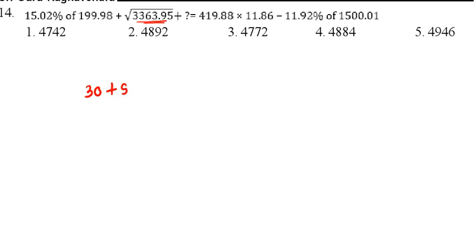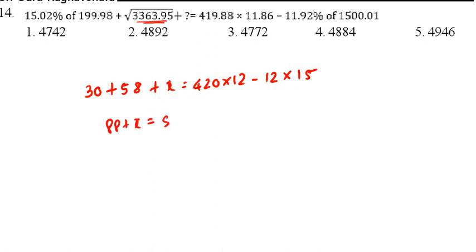Now, total girls passed. Out of 28.8, boys is to girls is 4 is to 5. We want girls, 5 by 9 into 28.8 by 36 into 100. Do the calculation. This will be equal to 16. 16 by 36 into 100. 4 fours, 4 nines. It is 4 by 9. 4 by 9 is always equal to 44 4 by 9.